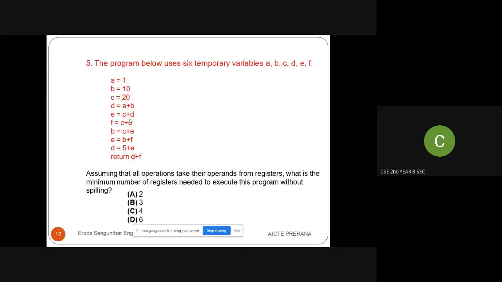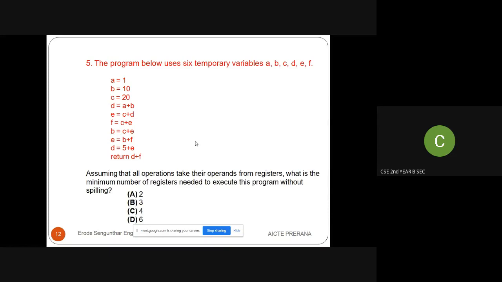So when the question is asked what is the maximum number of registers that are available or possible to execute this kind of program, the answer would be 6. But here they have asked for the minimum number of registers. So with a minimum of 3 registers, we are able to process this whole set of program. That is all they have asked.